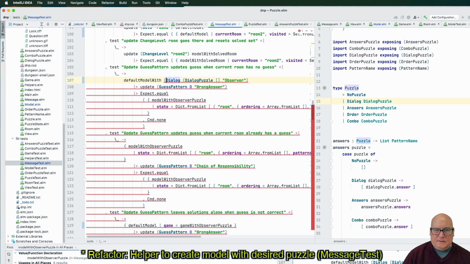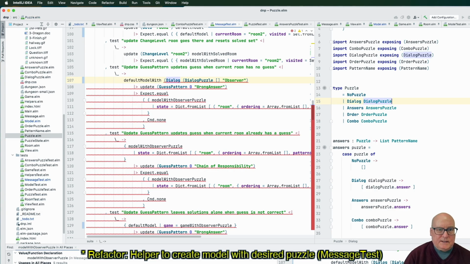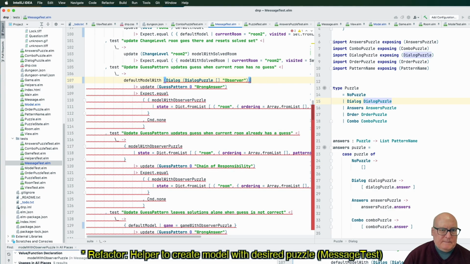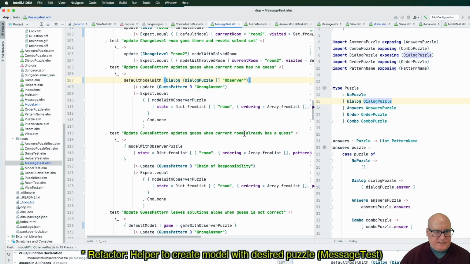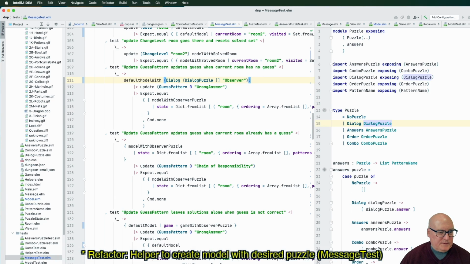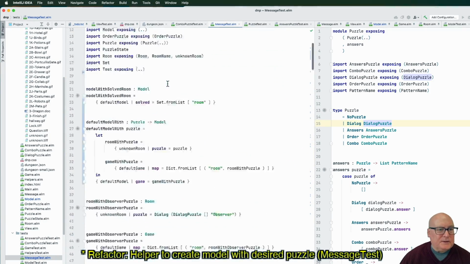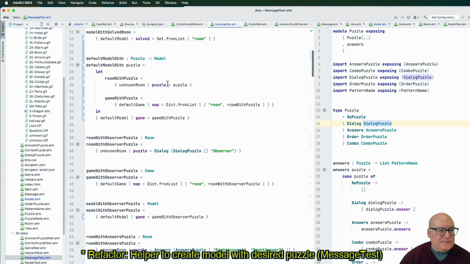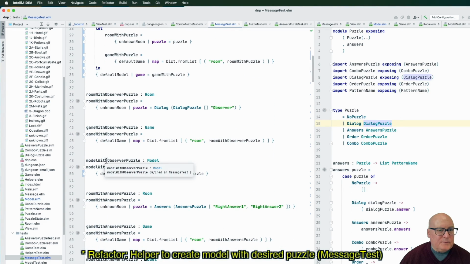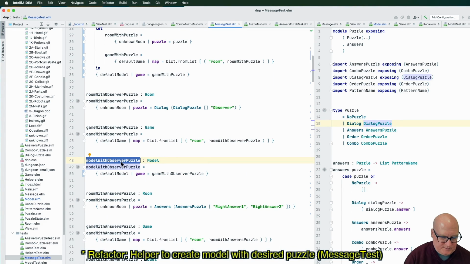And I think I may have to parenthesize that. Okay, does that work? Yes, okay. So that was model with observer puzzle. Well, okay, not a great name, but